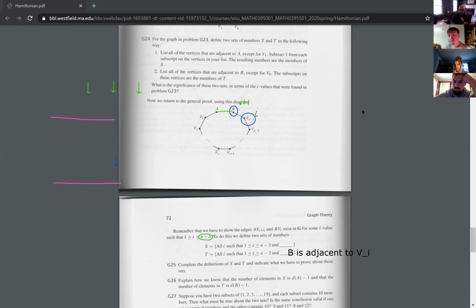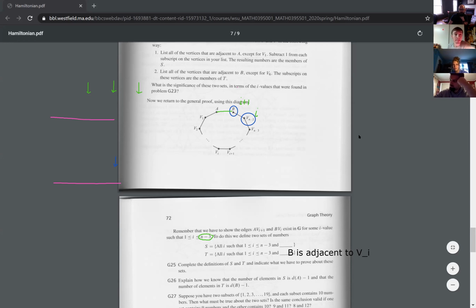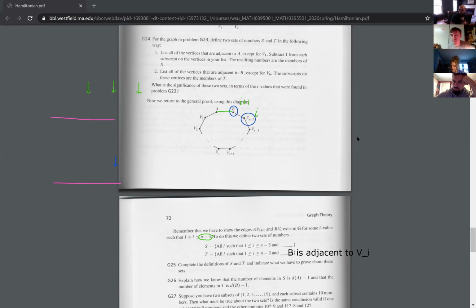Oh, so then A is adjacent to V sub I plus 1? Yeah. Okay. So it's just kind of what is already stated from above. Yeah, but I think the author wanted you to really think about it, make it precise, you know. Okay. So